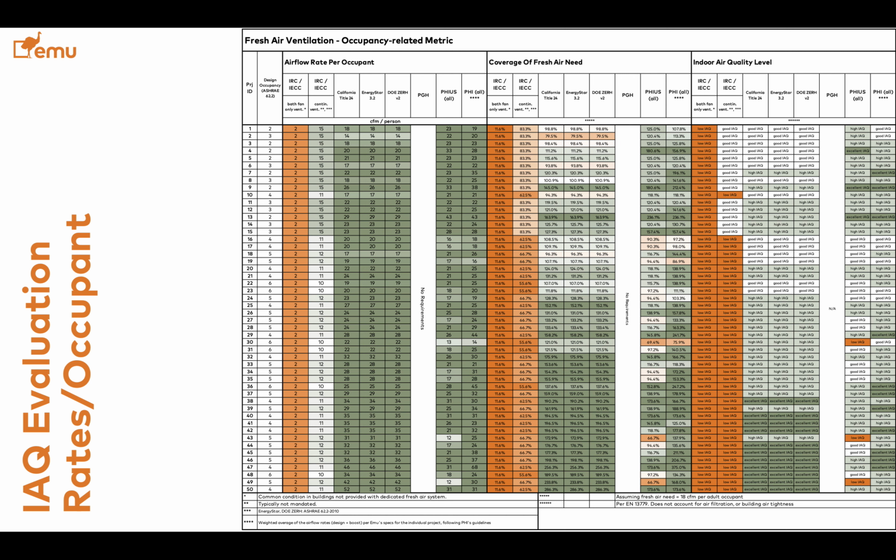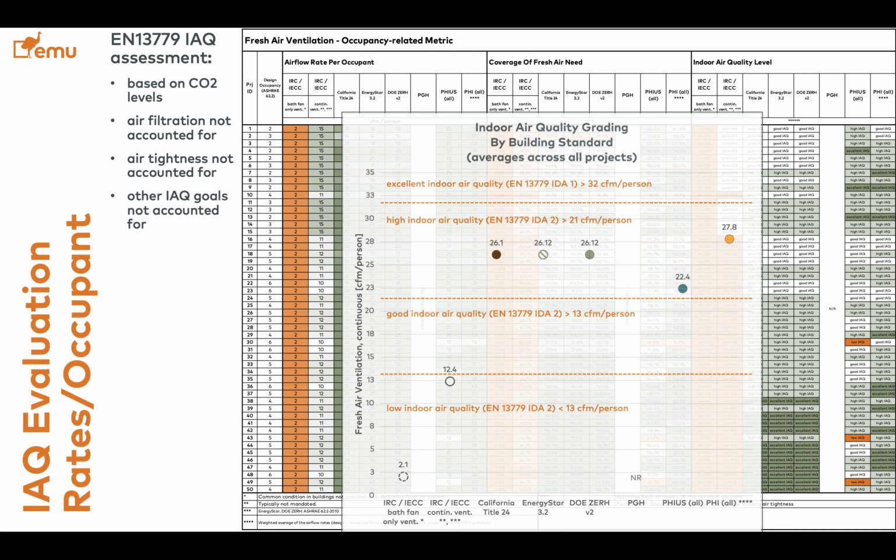More interestingly is looking at the airflow rates per occupant. This is a much more interesting table, which is very small font, so it's impossible to read. That's why we have a graph. Let me skip forward a little bit. We used standard EN